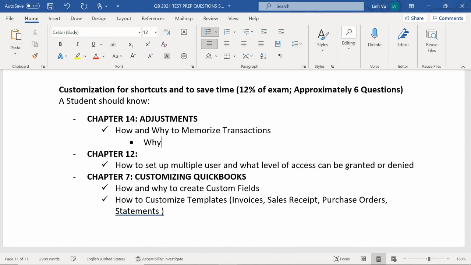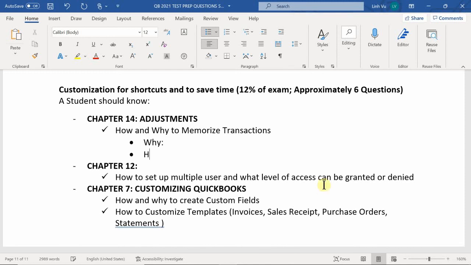Let's talk about why, and then we'll talk about how. Why do you need to memorize transactions? This answer is pretty straightforward. To save time. To save time on entering reoccurring transactions. So for example,